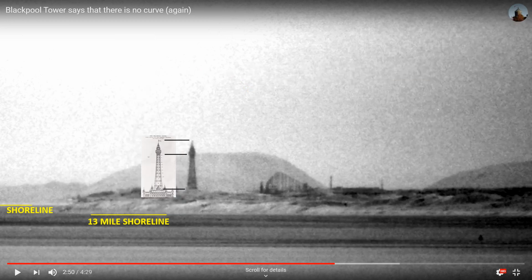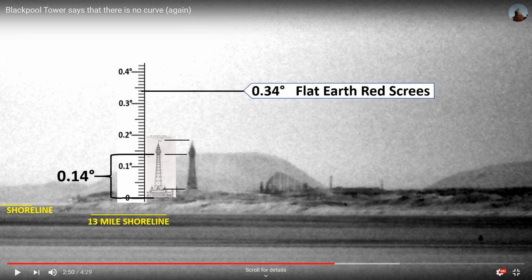But let's do the same thing again, and I'm going to scale this drawing much smaller. Let's assume that this is all of the tower that we can see that's visible, and this is the top of this structure down here. So again, this area here would be 0.14 degrees. And when we add a scale ruler, we can clearly see that Red Screes again would be quite a bit higher than what we see in this photograph. So the reality is that a straight geometric calculation of the globe without refraction explains this photograph much better than